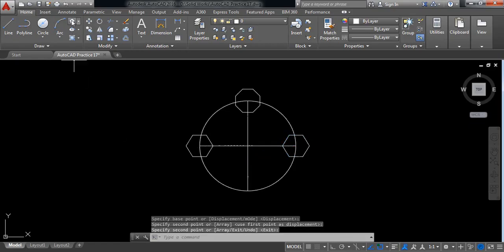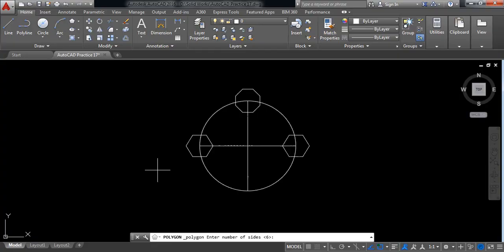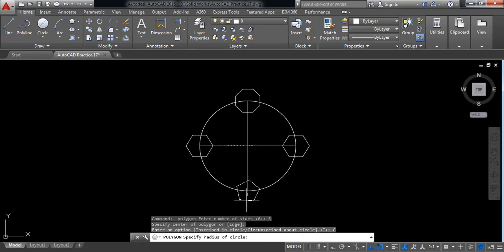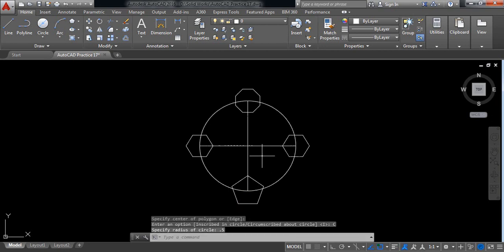Now again select polygon. Now the number of side will be 5 now, and this is the center, and it is circumscribed about circle, and the radius will be 0.5. Okay, now